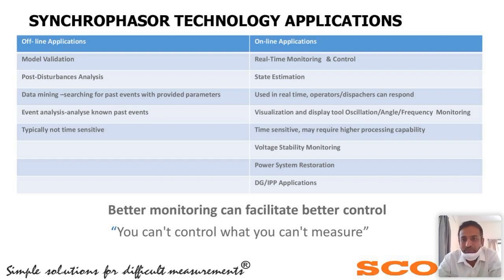Okay. So when it comes to the online applications like WAMS, these are all real-time monitoring and control systems. In a real-time monitoring and control system, a very important point is time sensitivity and time synchronization. Various applications are different. The PMUs also should sync with the same time, so that you will have real-time analysis, or real-time data coming to your PDC.